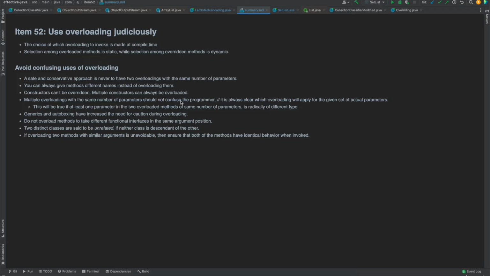Today we will look into another interesting item from Effective Java. This is regarding using overloading judiciously. We all have used overloading and overriding in our projects. However, when I went through this